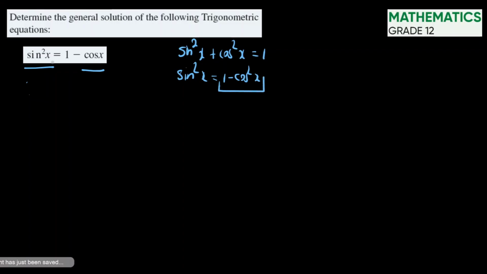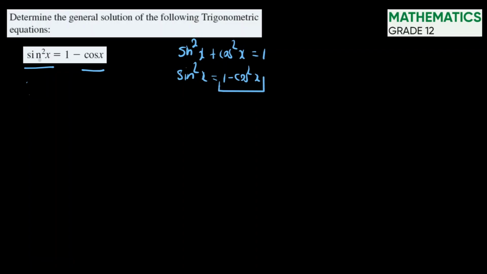The easiest way to do that is the identity sine squared x plus cos squared x equals 1. So sine squared x equals 1 minus cos squared x. It means instead of writing sine squared x, we can write 1 minus cos squared x. And since the trig ratios will then be the same in the equation, it will be easier to simplify